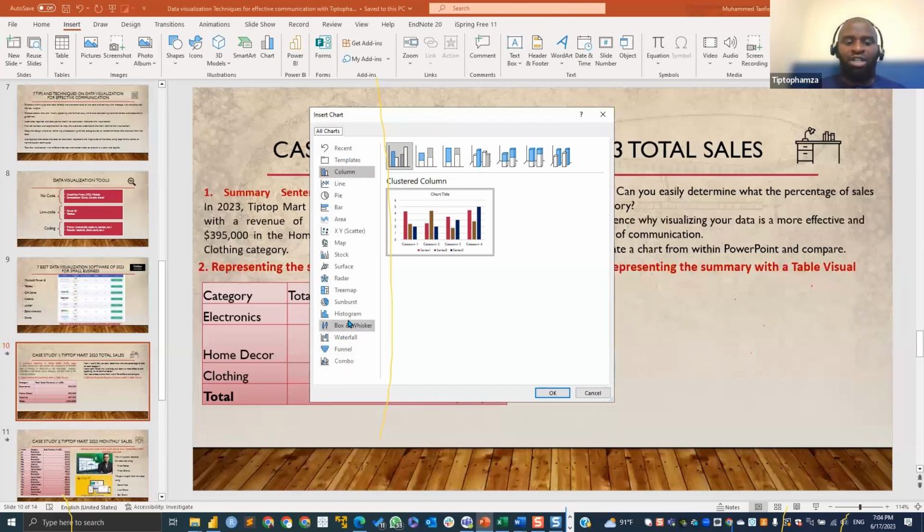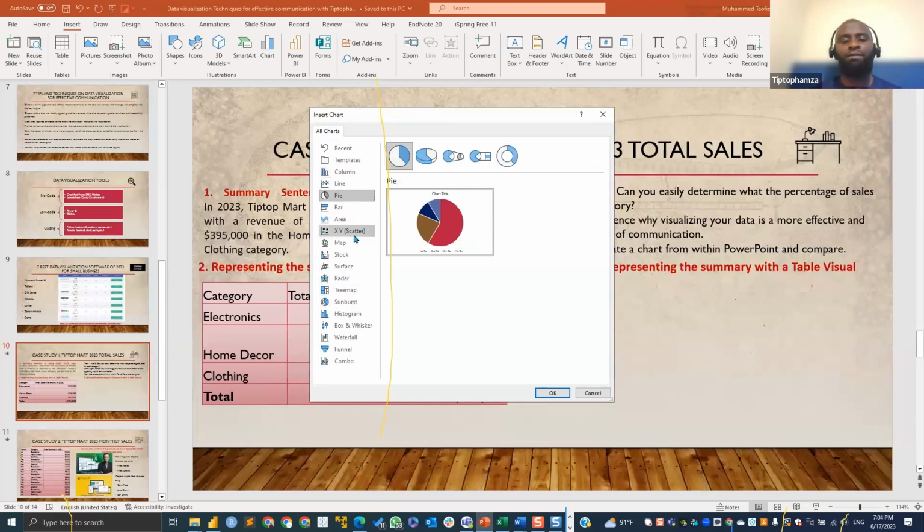We have the box and whisker, histogram, sunburst, streamgraph, radar, and all kinds of charts. But we still want to use that pie chart. And we have a lot of types of charts here. We have the 3D pie, the pie of pie, the bar of pie, and the donut. I actually like donuts more than the pie, but let's just use the pie chart